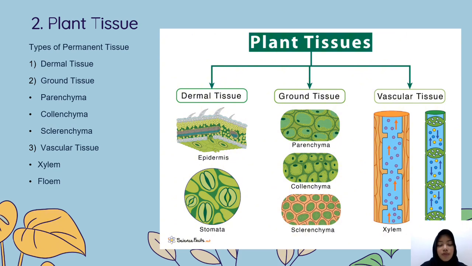And then the third, vascular tissue. It includes two types of conducting tissue: xylem and phloem. Xylem conducts water and minerals from the roots to different plant parts and plays a role in structural support in the stem. On the other hand, phloem transports organic compounds from the site of photosynthesis to other parts of the plant. The xylem and phloem form the vascular bundle in roots and stems.